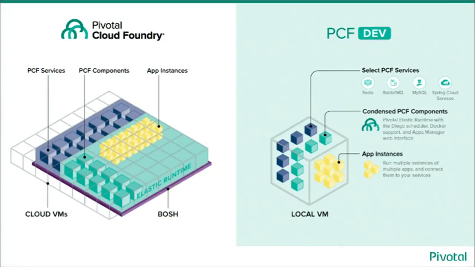And I really like this diagram they gave us. I don't think it actually explains anything technical. If you're not already familiar with Cloud Foundry, this isn't going to make a huge amount of metaphorical sense to you, but it's very pretty, and I appreciate it. It lists off the things that you do get with PCF Dev, and it makes it somewhat clear what you don't, which is the purple layer below actual PCF, which is the Bosh layer. You don't get that. You don't get Ops Manager. You do get Apps Manager. You do get services. You do get Diego. And you do get, at any given point, the latest and greatest version of PCF, because it is kept up to date.